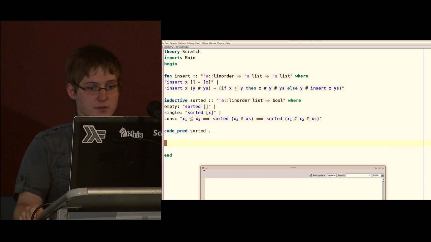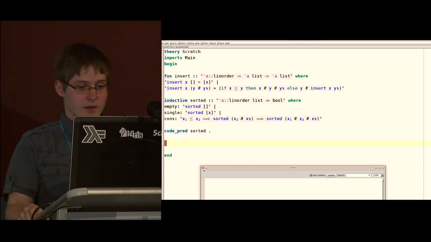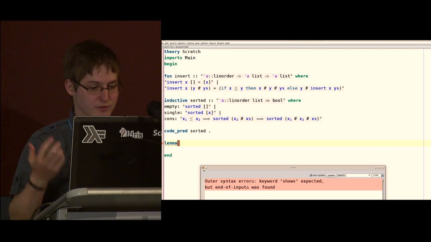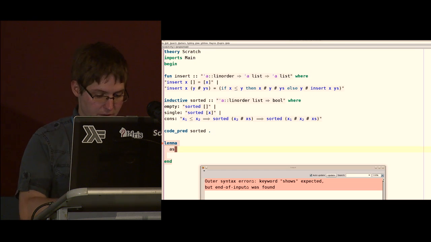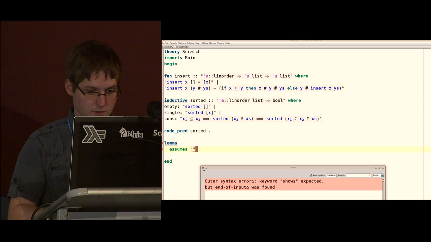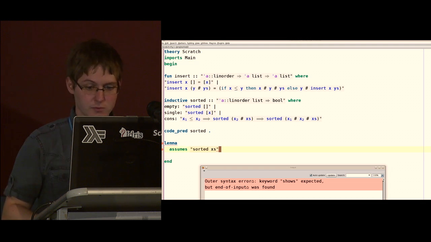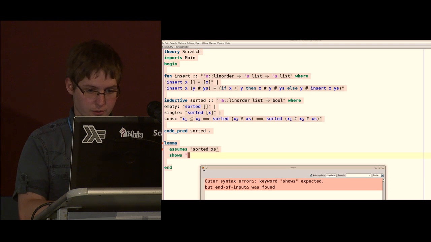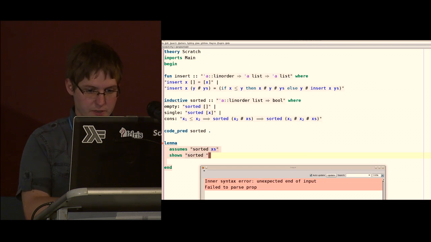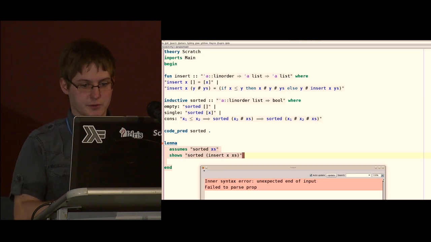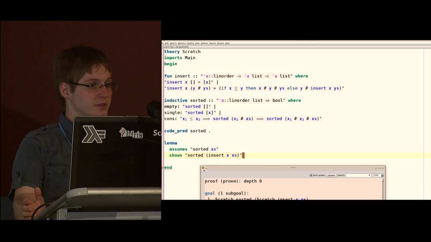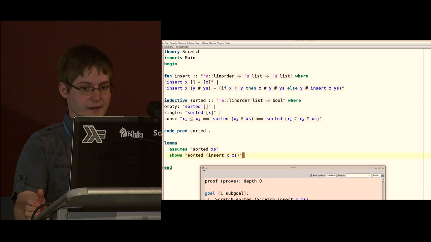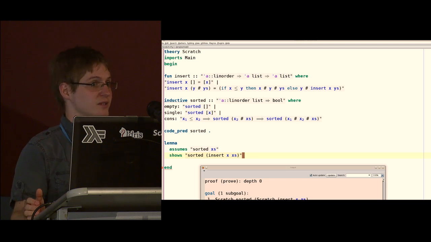In Isabelle, what we do is we write down a lemma, and this lemma is actually quite easy. It's kind of obvious if you think about it. We say if we assume that we are getting a sorted list, so if we assume that we have something which is already sorted, then we want to prove that when we insert another element into this, it's still sorted. Right? So this is what an invariant is all about. You get something which satisfies something, and after you've done something to that, it still holds.